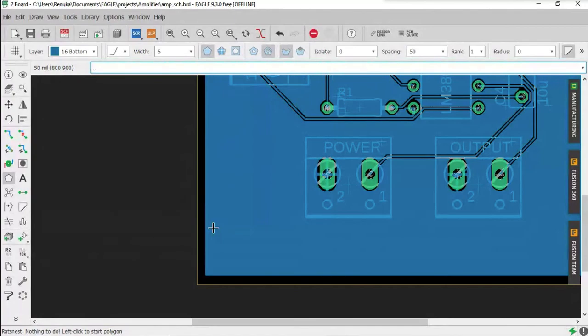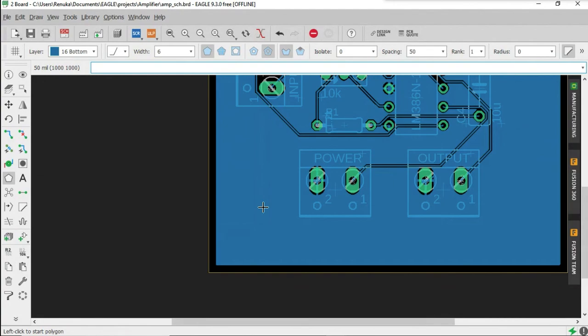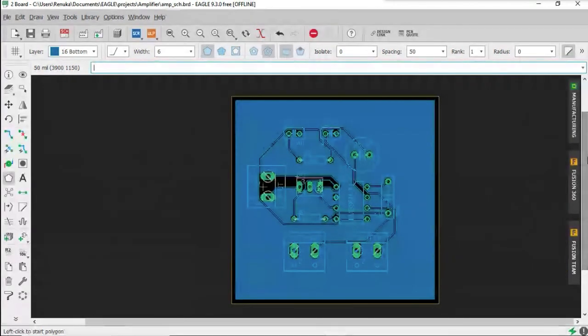I'll just repeat these two steps again. After routing, you need to select a polygon. Select the polygon. Just draw a boundary on all the four sides of your board. Click here on one side of the corner, drag it and tap on the other corner. Again, drag it and tap on the third corner. Then again, drag, tap on the fourth corner, and drag and finish from where you started it.